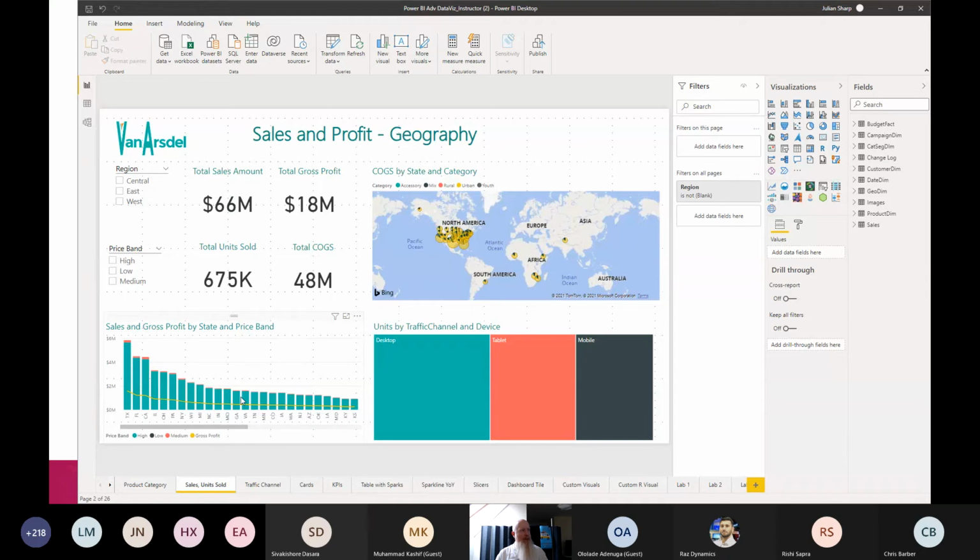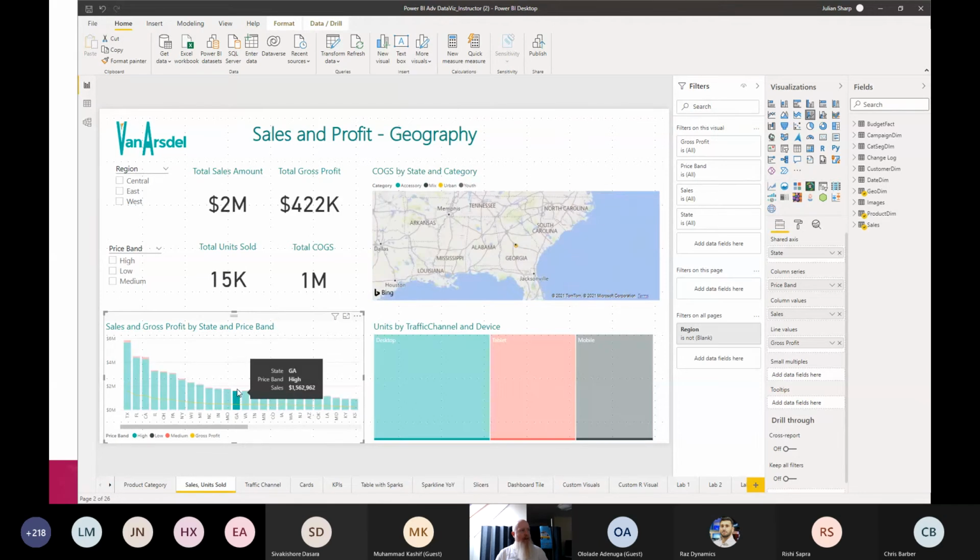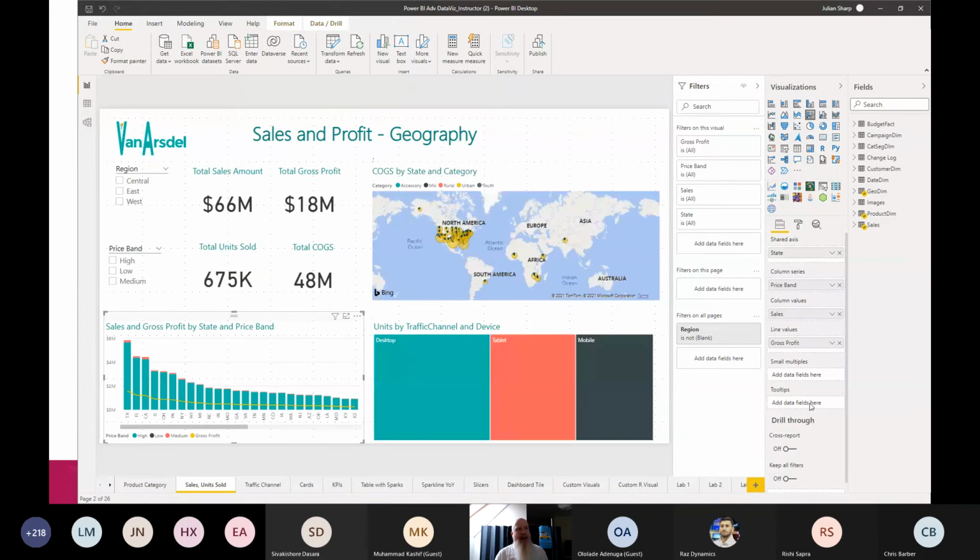So if I've got tooltips enabled on here, I click on something on here. Yeah, here's my tooltip. It's just showing me information from that bar. It's from that graph. So it showed me the sales, it showed me the price band, which is the information on there. I can go into this visual, and I can add extra tooltips.